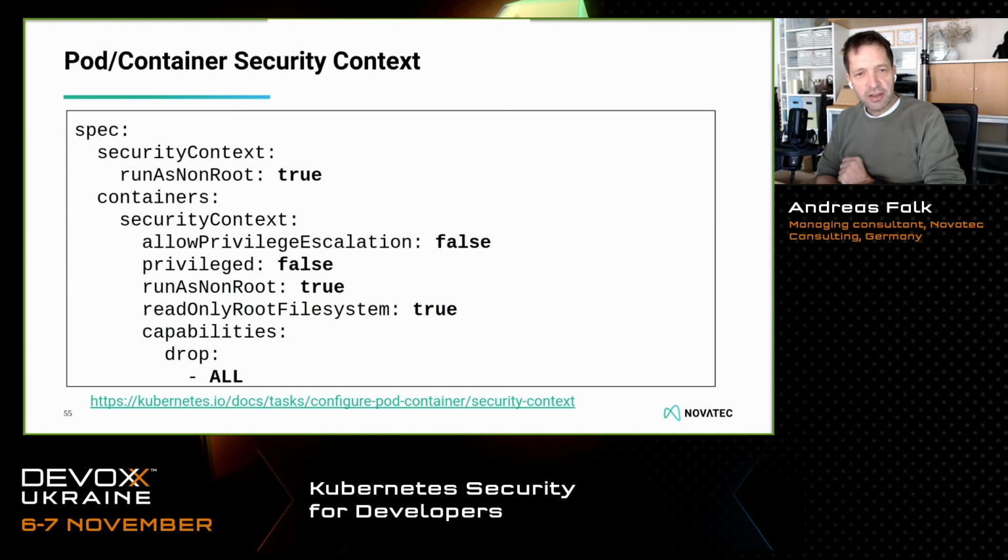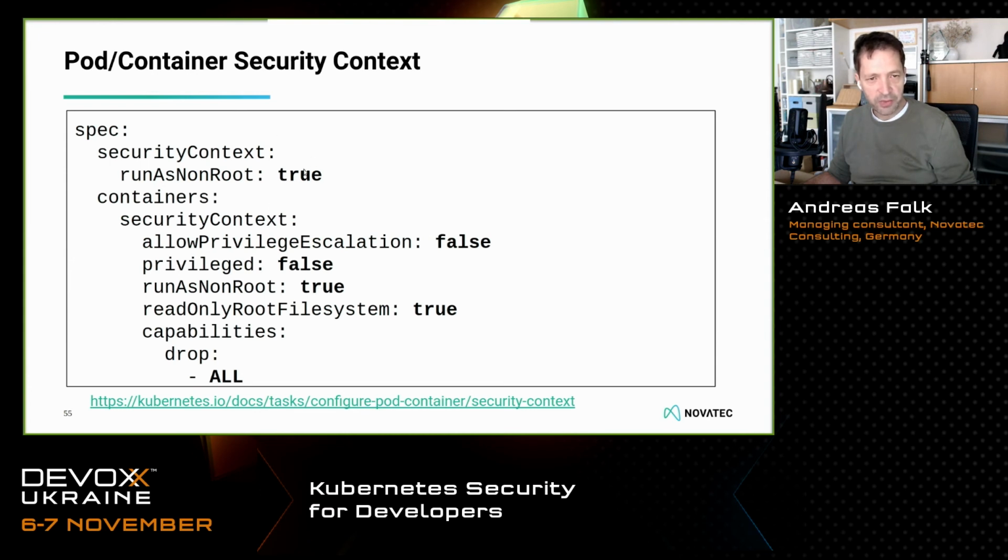This is what is called the container security context. We won't have time for showing all the labs now at that stage, but you can have a look at the GitHub repository for yourself afterwards and just try those labs for yourself to put that inside Kubernetes. What you can set here is basically that you tell that it should run as non-root, then it should not allow privilege escalation via setUID, for example. It should not run privileged, so that's the same flag as you use on Docker. Again, run as non-root for that container.